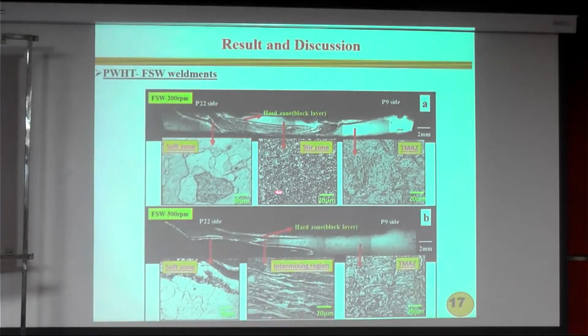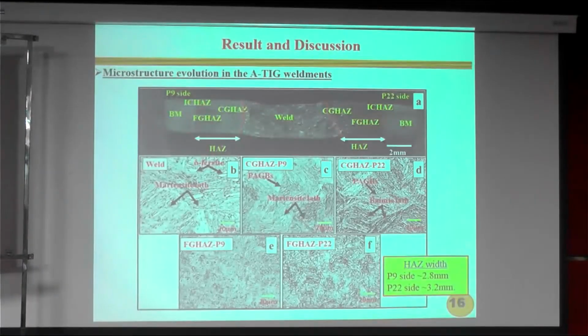Here we have noticed that there is an evolution of martensitic phase. You can see this is lath martensite. This martensite is very hard. So in order to make it suitable for engineering application, we need post-weld heat treatment. What is post-weld heat treatment? After welding is over, we have to take the weld joint to a predetermined temperature and hold it for a particular time. Then we have to cool. This is called